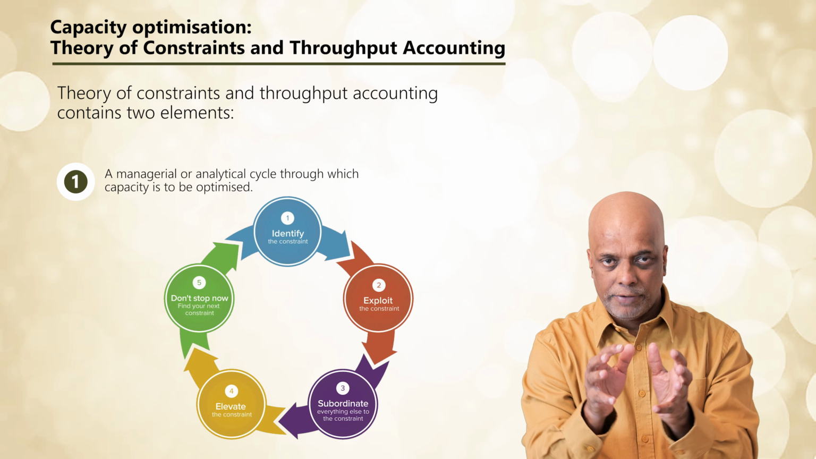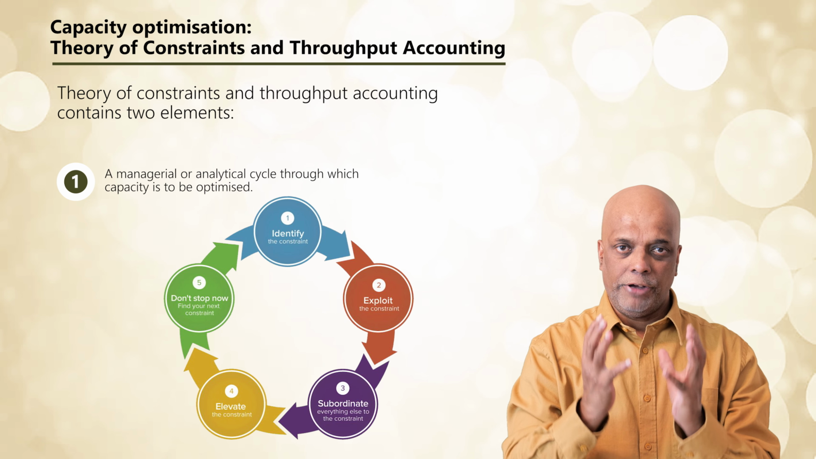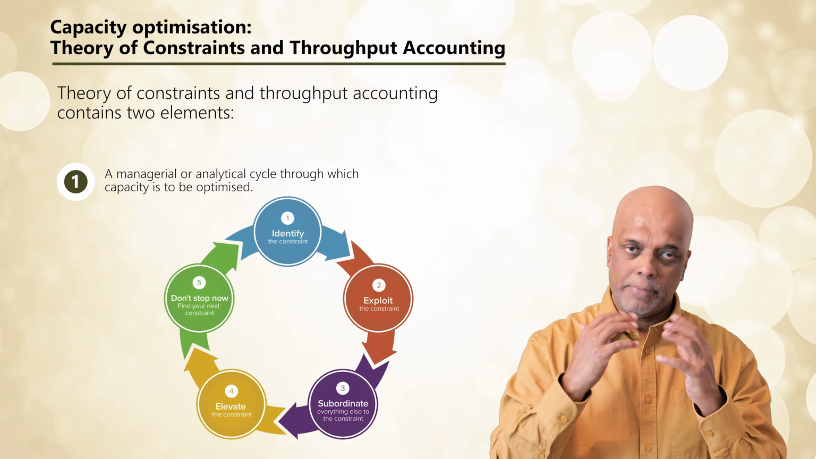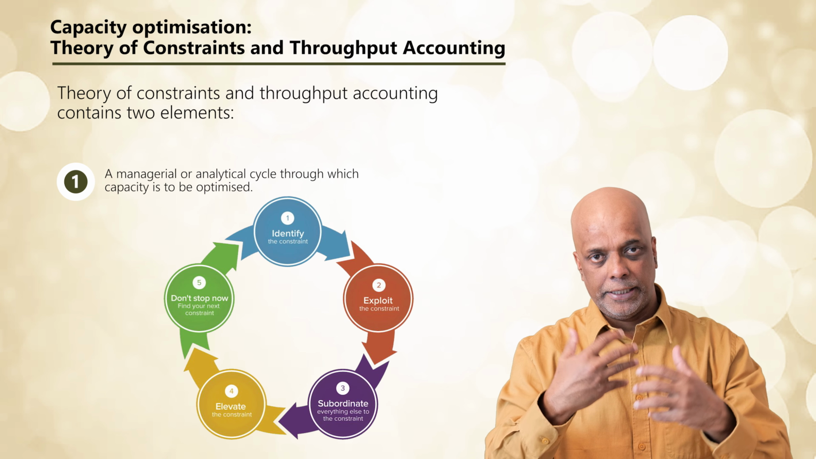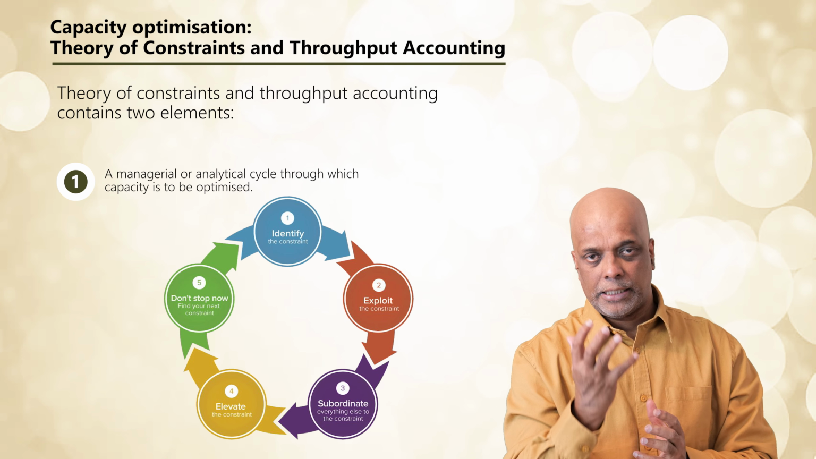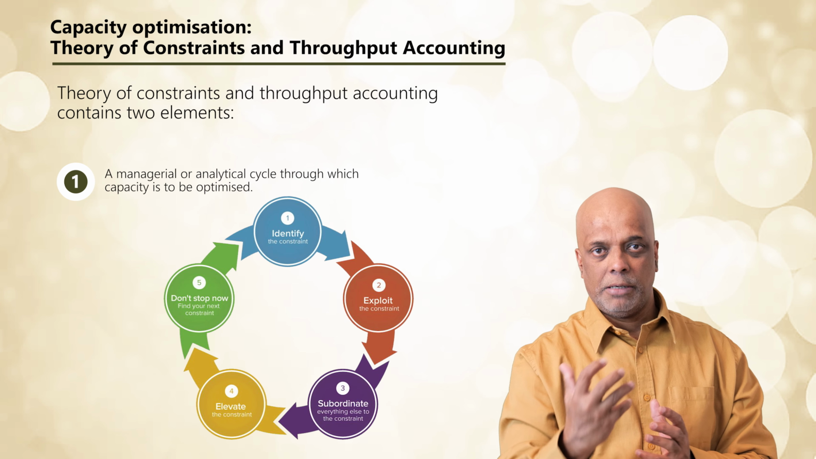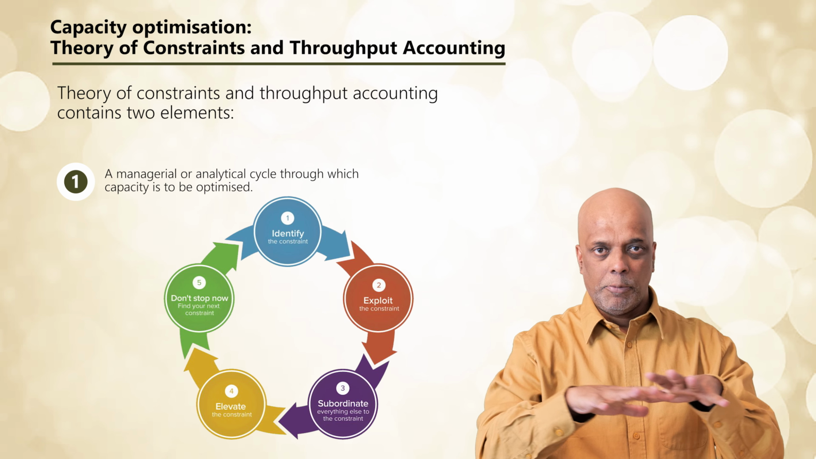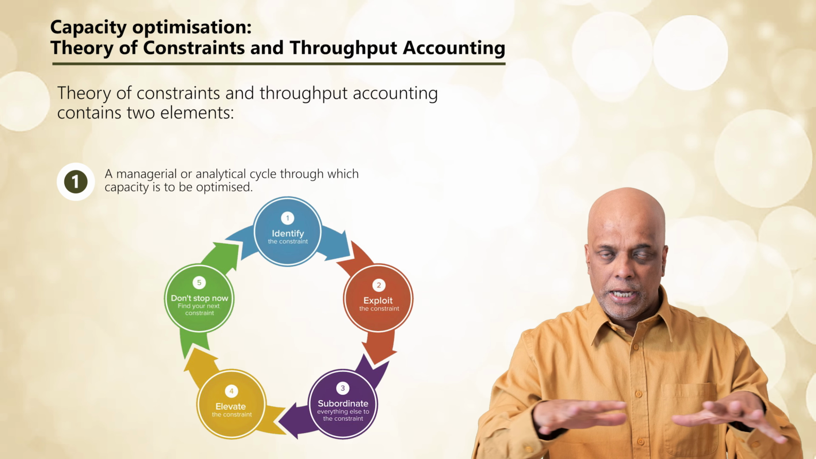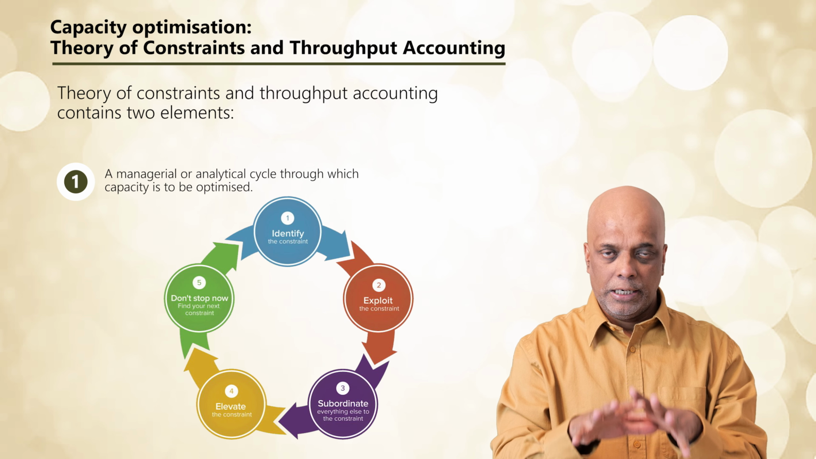So once you identify that particular factor, then the second step is finding the ways of exploiting it to the maximum possible. What are the specific managerial steps, techniques you can use to exploit that capacity constraint, that bottleneck to the maximum possibilities? And then thirdly, subordinate and synchronize every other activity, everything else in the system to this bottleneck